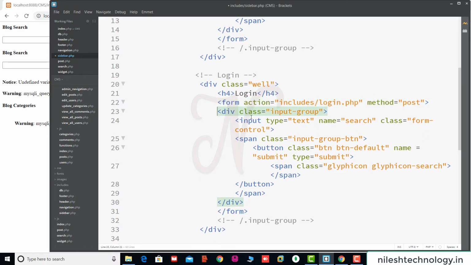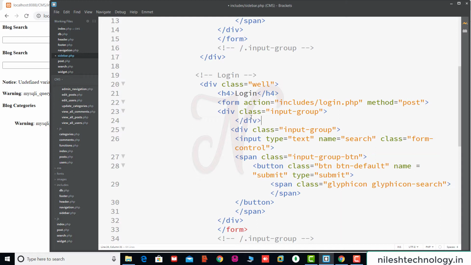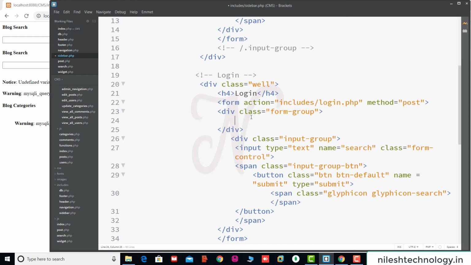So here we add one more div class, copy paste this one here, change this div tag. So this div class equal to form-group, and inside this div we add one input field. So we copy paste this input text box.